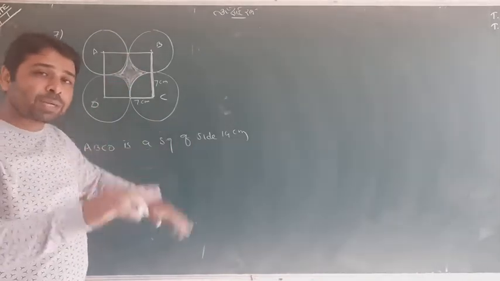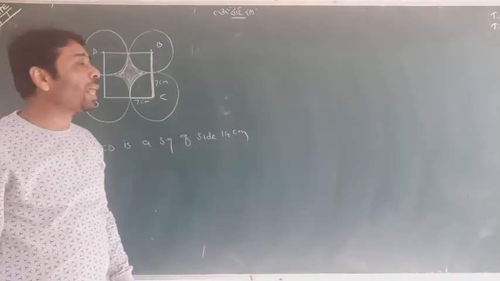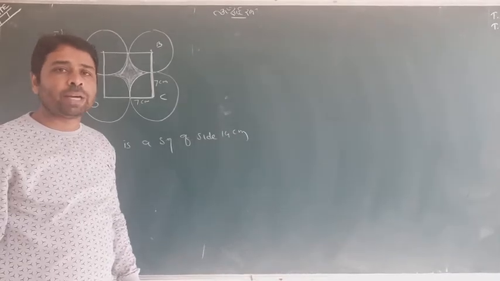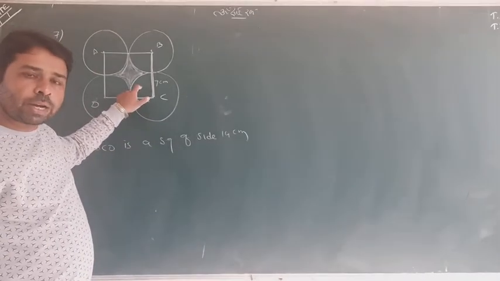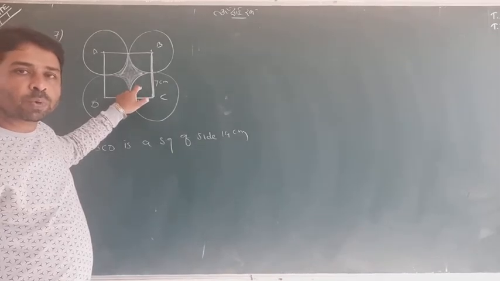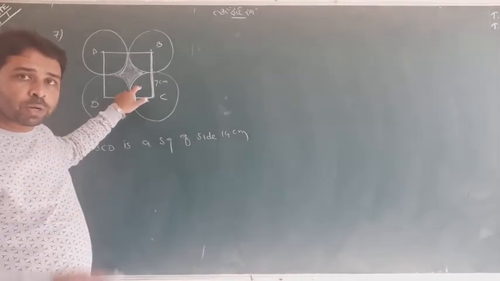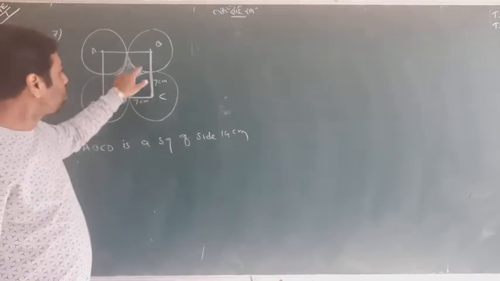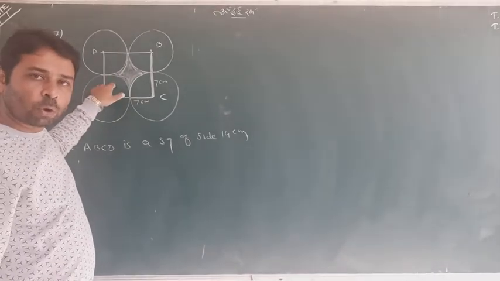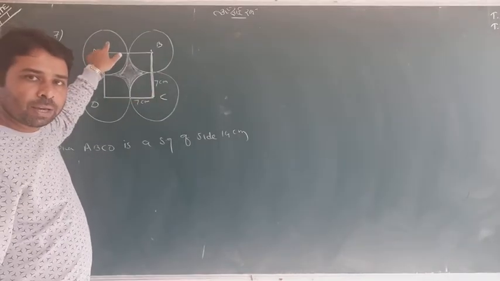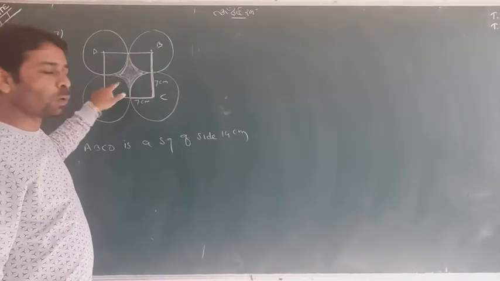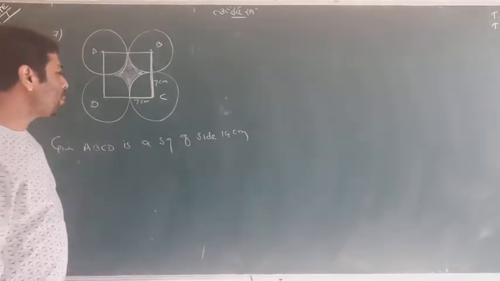The same type of question, in the language I used in the last question, is coming here. It is a radius, it is a quadrant, and we know the area of a quadrant is pi r square upon 4. So we have 4 quadrants, so we will multiply by 4. Then what we will do? Area of a square minus area of all such quadrants, and we'll have an answer. So very simple it was.